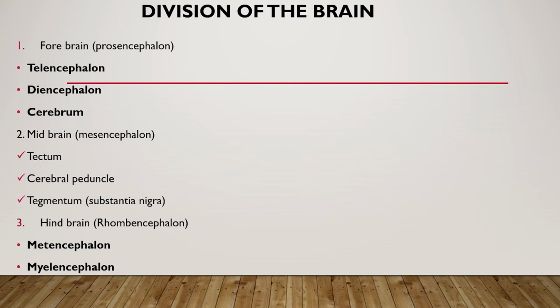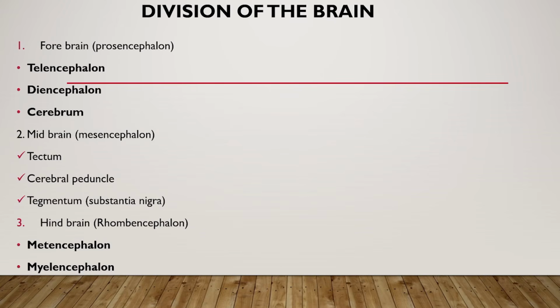The lower part of the hindbrain is made up of the medulla oblongata. So otherwise put, the midbrain, the pons, and the medulla oblongata form the brainstem, which links the cerebrum to the spinal cord. All right, so let's stop at this division for today. When we come again, we'll look into this in detail when we are doing other aspects of the brain.